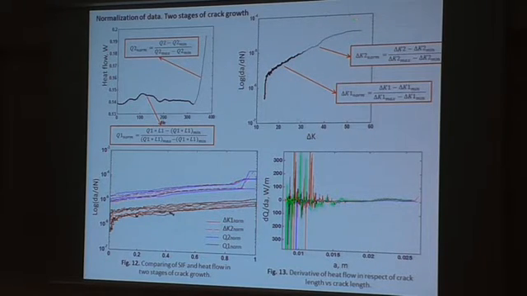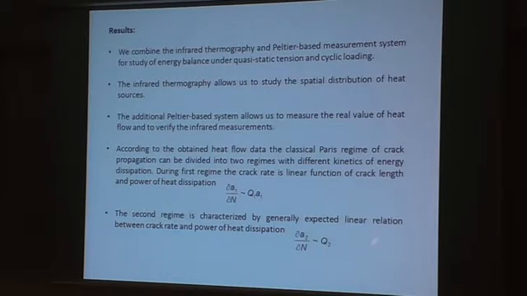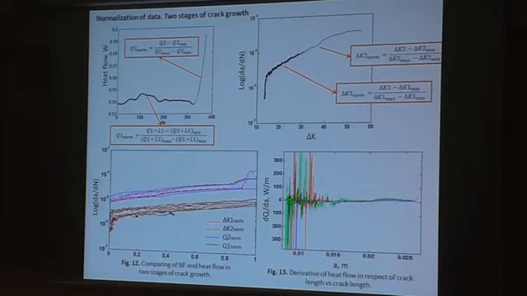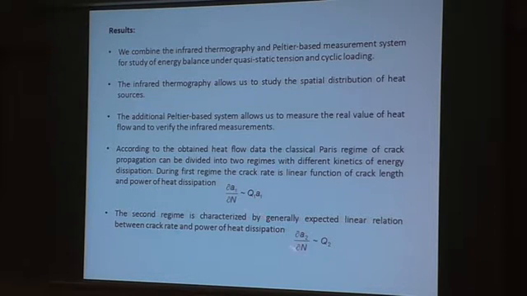But for the standard Paris law, we have two regions of crack propagation, and we can replace the stress intensity factor only for a relatively high crack. For a relatively small crack, we propose another approximation, and finally we approximate these two parts using two quite simple equations. Up to now, it's only an experimental fact, and we try to find some theoretical explanation for this. We have found some experimental data which support this idea, but up to now, there is no final theoretical description.